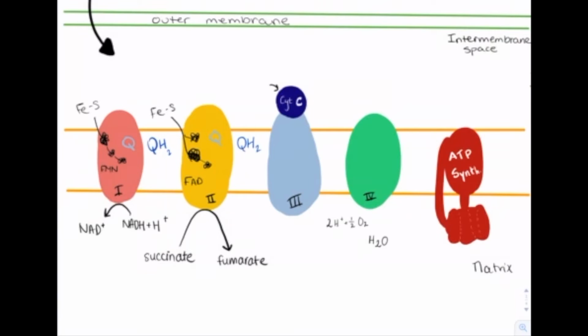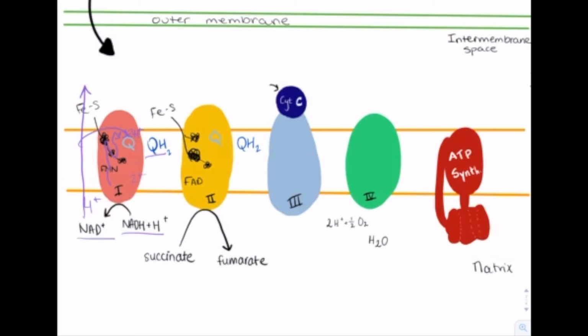In complex 1, electrons enter in pairs from different sources. We're going to focus on NADH. NADH is oxidized into NAD+, so 2 electrons are transferred through FMN and iron sulfur centers up to Q. And Q is a mobile transporter and can accept 2 electrons and 2 protons. This then results in QH2, which is also known as ubiquinol. The oxidative process will release the energy, which will allow 4 protons to be pumped from the matrix to the